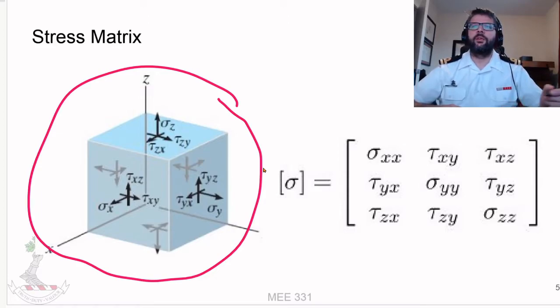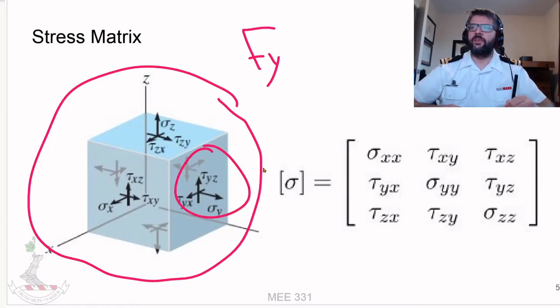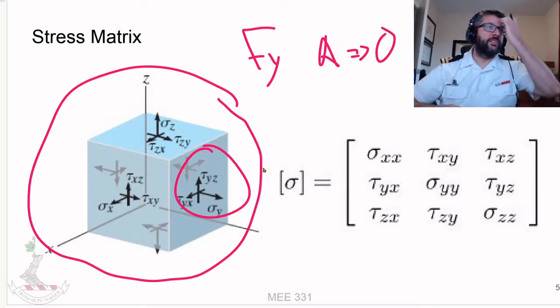So in order for that to occur, this stress, the force that's happening in the y direction on this face of the cube, when shrunk down such that the area approaches zero,